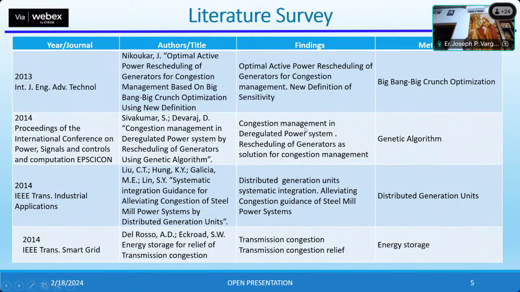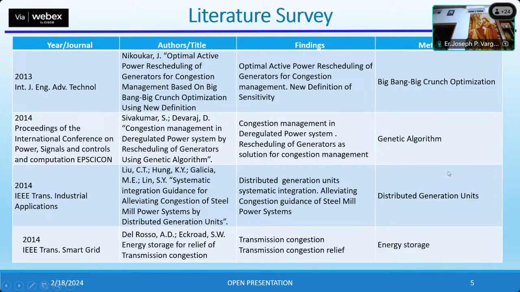Now, as we know, for any research, literature review is the most important thing. We have already conducted this research at the National Institute of Technology under the guidance of Dr. Ashok S. and Dr. Kumaral S., who were professors of this esteemed institution. In the literature survey we covered more than 105 papers, analyzing the problem of transmission line congestion and the methods for resolving it. Several researchers have reported several methodologies for detecting congestion and for